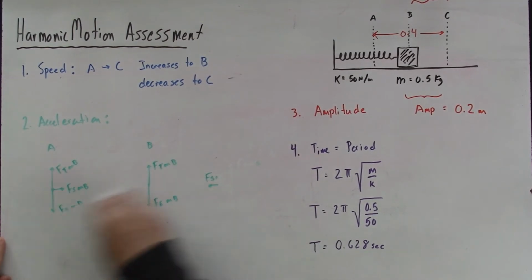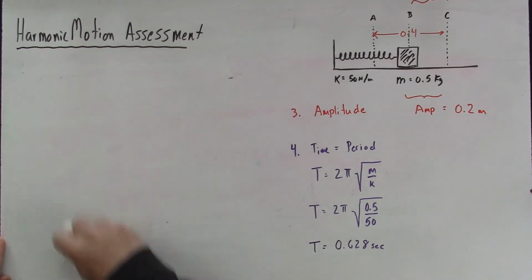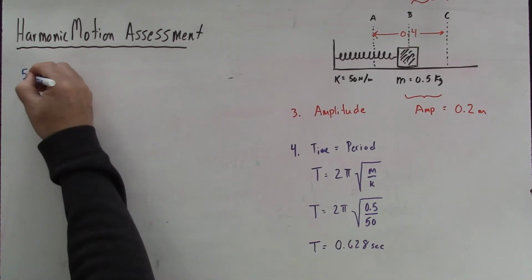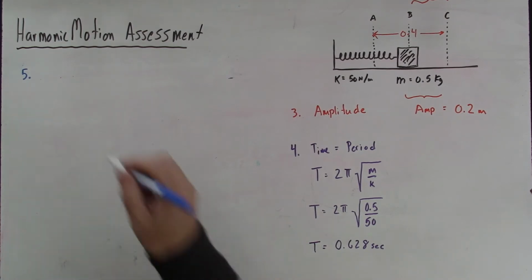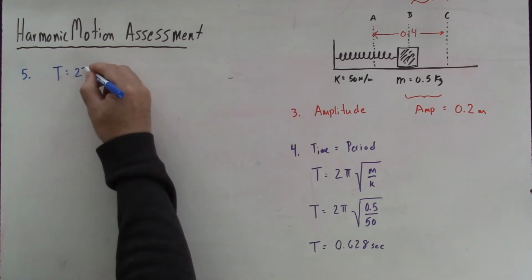All right, let's reset the left side of the board here. Okay, we're on number 5. Now, in number 5, it says, how would the time you calculated change if the spring constant were tripled? All right, so since we're dealing with this mathematical model,